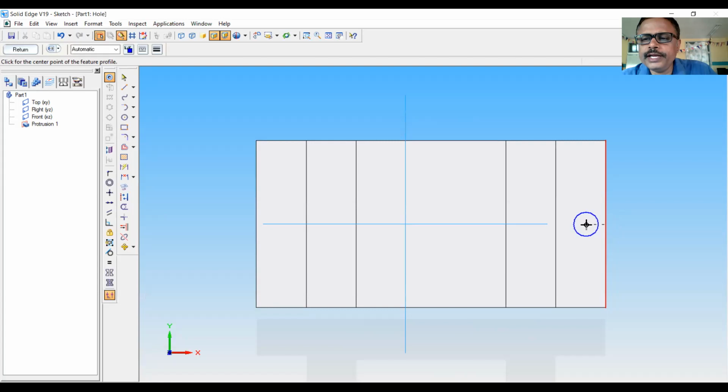You can see the alignment indicators and also here. So this is one hole. Similarly, I will get another hole. You can see the holes are positioned.